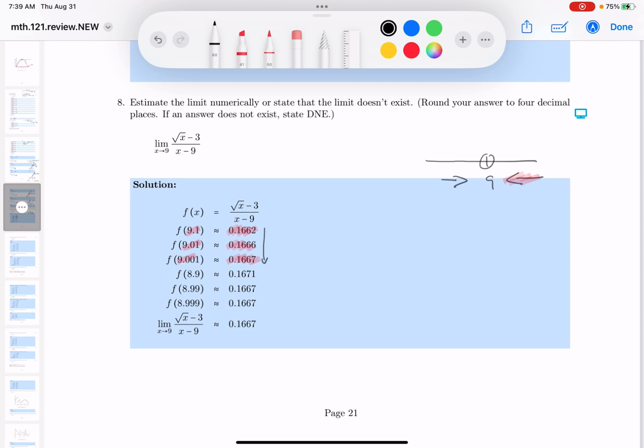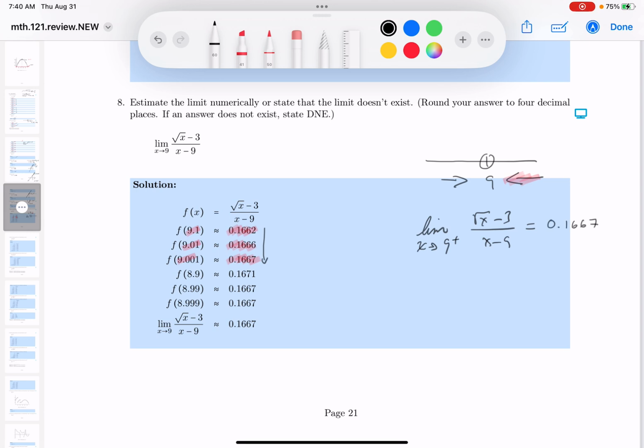So if I were looking at that, I might be able to write this down now. Limit as x approaches 9 from the right side of root x minus 3 over x minus 9. If I were looking at that, I probably would say, looking at this thing, I'd make some assumption that these are predictable numbers. I'm going to say, oh, you know what? It looks like